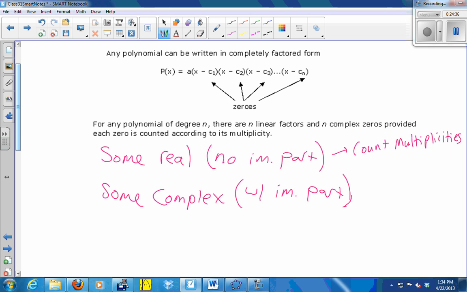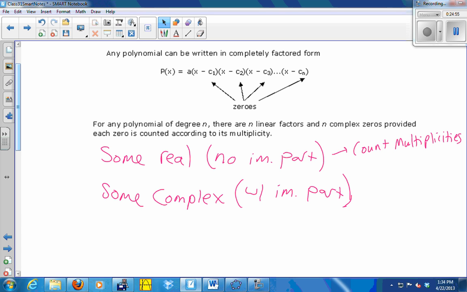So this is the fundamental theorem of algebra. It's a big deal, something called the fundamental theorem, right? That you can take any polynomial. If it has degree n, that means you can write it into n linear factors and with having n complex zeros. Some real, some non-real,